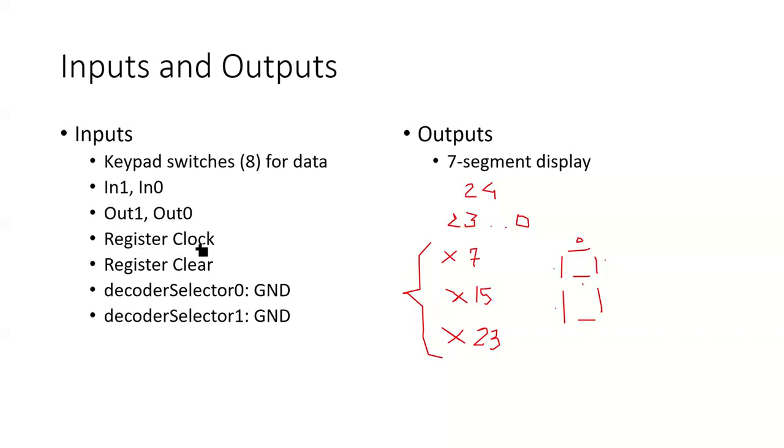Then you have a register clock, which will be a push button, and then a register clear, which will also be a push button. The decoder selector 0 and decoder selector 1 will be ground, so they are not assigned on the board, they are assigned to the ground, which looks like a symbol like this. It's a triangle. You must be familiar with that. And this will be taken care of in the circuit, right? So you're not assigning decoder selectors on the board, you're assigning them to ground in the circuit itself. Okay, now